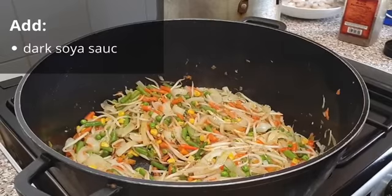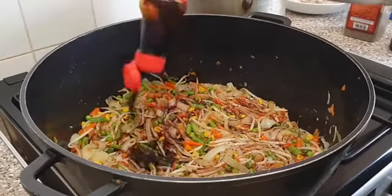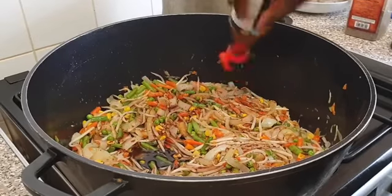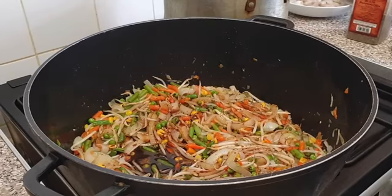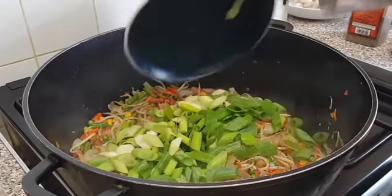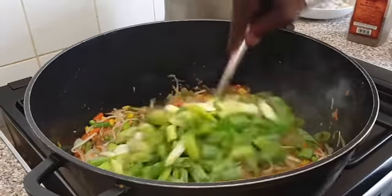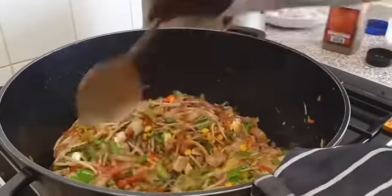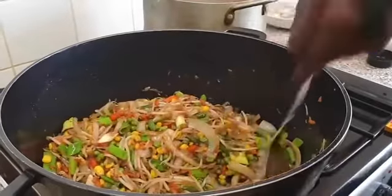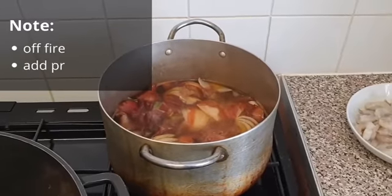Then I'm going to add my soya sauce, followed by my spring onion. Again, mix it together. Then leave it to cook. Now I'm gonna turn off my stock and add the prawns